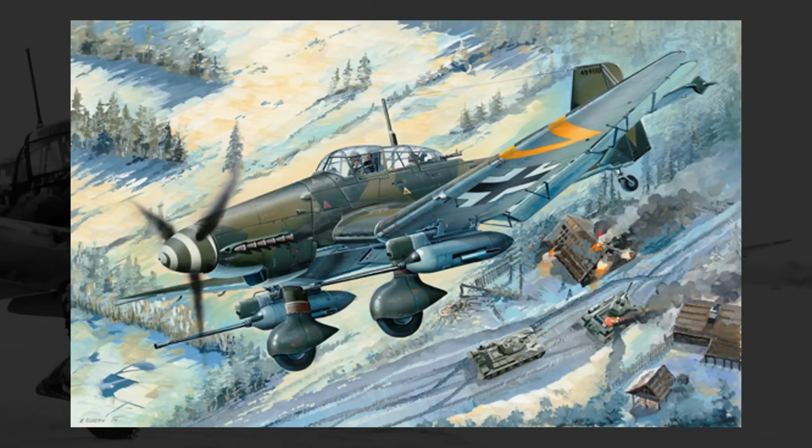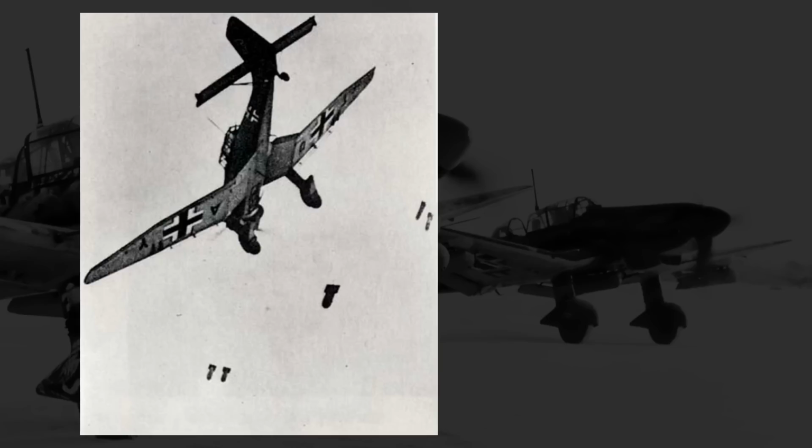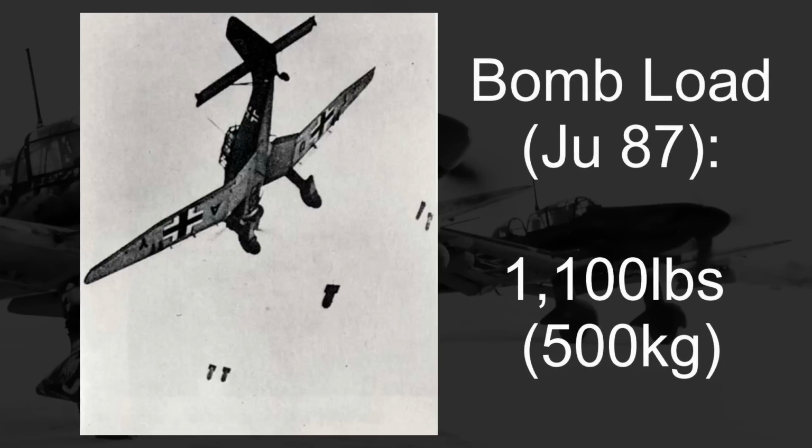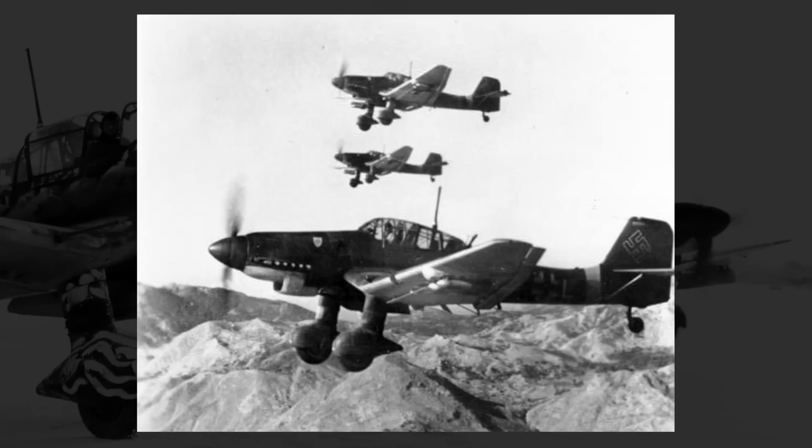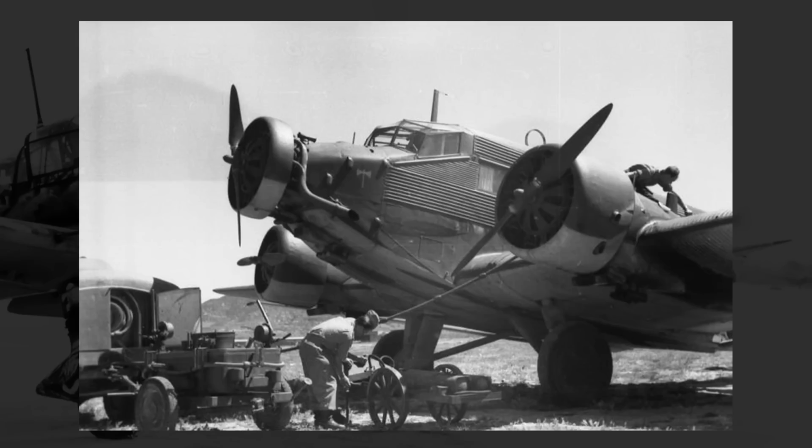terribly important, the HA-137 ultimately lost out to the Ju-87, likely for two reasons. One was the Ju-87's maximum bomb load of 1,100 pounds, being more than double the 137. The other was the fact that Junkers was just a more experienced and well-established company. While I'm unsure if this was ever explicitly stated, the fact that the requirements for the Luftwaffe's dive bomber project just so happened to be altered midway to exactly fit what the Ju-87 offered them, it isn't hard to read between the lines there. Junkers was a known commodity, and so they would likely be more reliable and able to